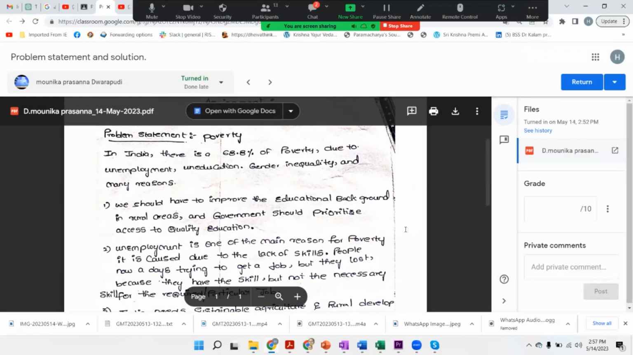My problem statement was poverty. In India, as compared to other countries, 68.8% poverty is there. This is due to the lack of employment and education, and many more things. Suppose we consider agriculture: the farmer sells the vegetables or the fruits at a low